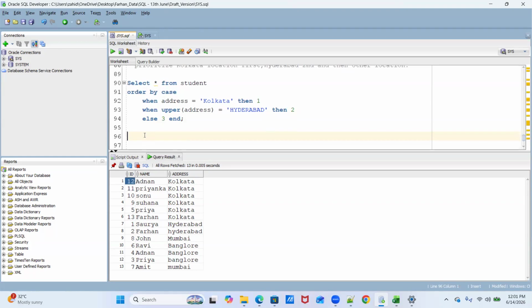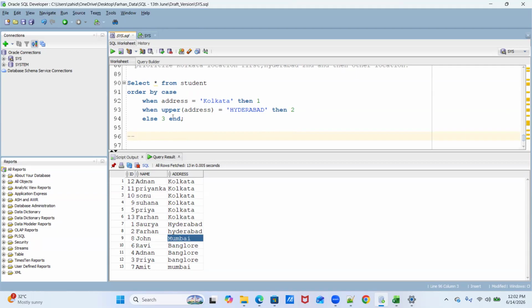Okay. But yeah, so far we have covered order by case. Only one scenario is left in order by case. We have covered so many scenarios in it. Only one thing, like how can we sort the name as well, or any column apart from address, let's say. You can take it as an assignment and work around it.